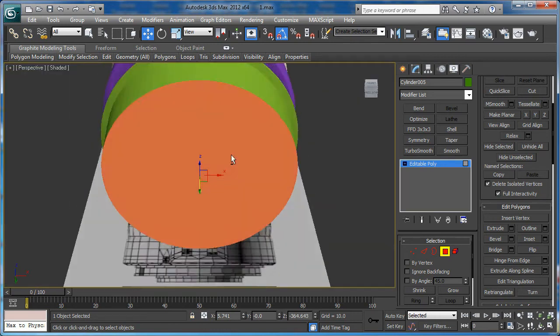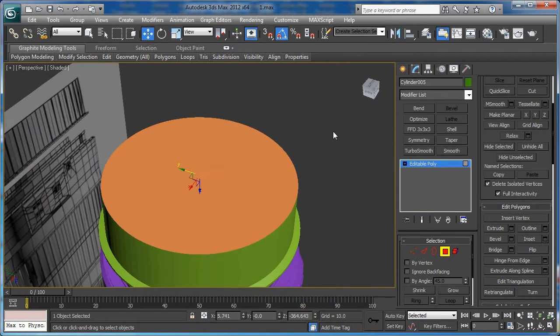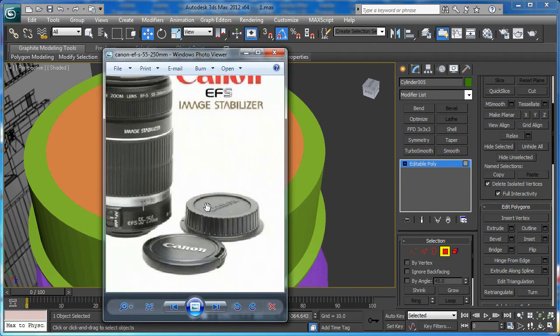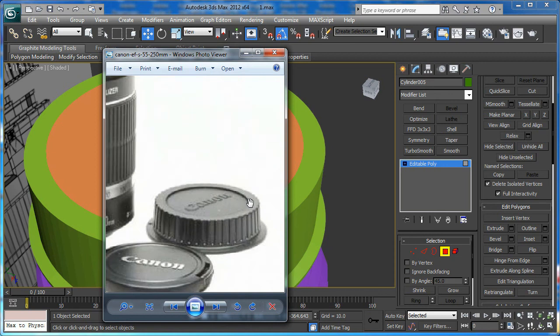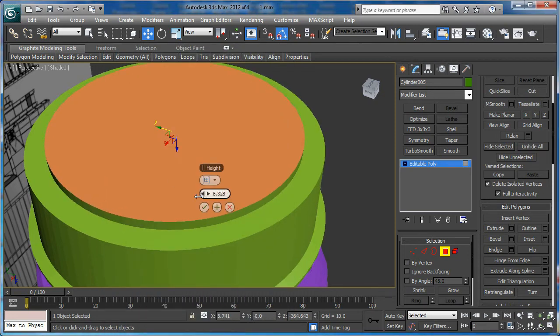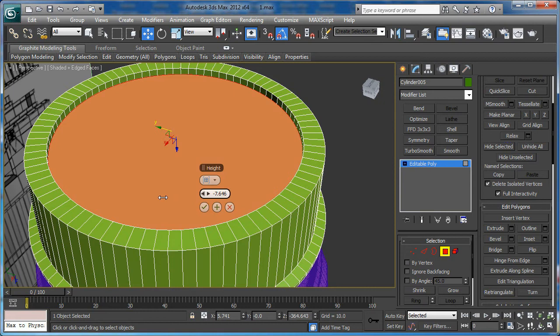Now that's good, so let's apply inset like this, and now in this picture we can see that we have this brink here, so we have to extrude it with negative value like this,